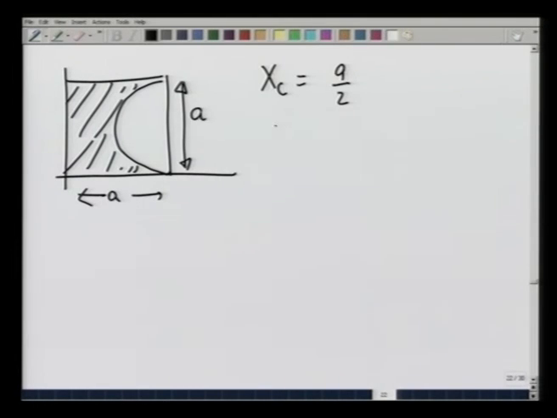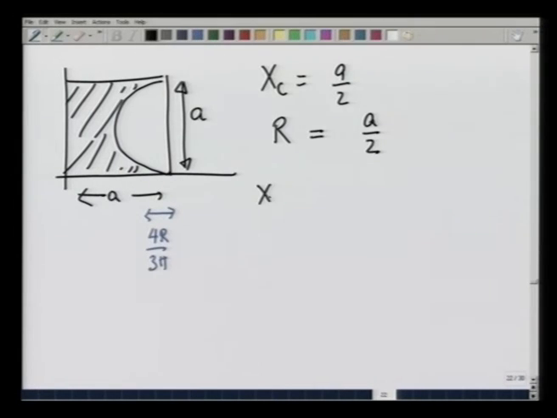The radius of the semicircle is equal to a divided by 2, and I know from the base we already calculated this, the centroid is at a distance of 4 r divided by 3 pi, and therefore,